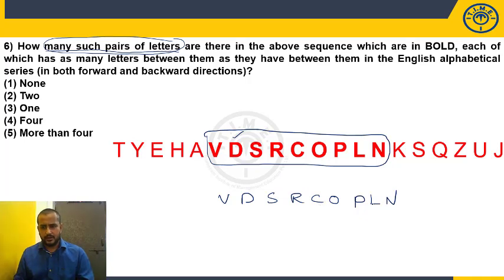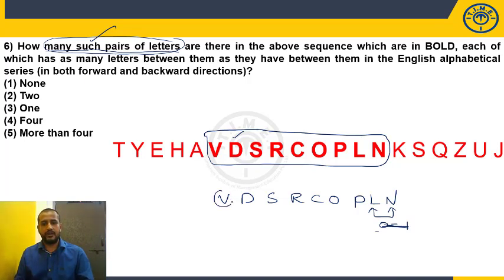Let us observe that. A sample example: L and N. In this sequence, between L and N, how many letters are there? 0 letters in the sequence. But according to the English alphabet, we have one letter, that is M. So are these two the same? No. If these two are the same, it follows the condition. If these two are not the same, it does not follow the condition. The shortcut method is to start reading the English alphabet and compare with the given sequence. But you should check each and every letter in both forward and backward direction.